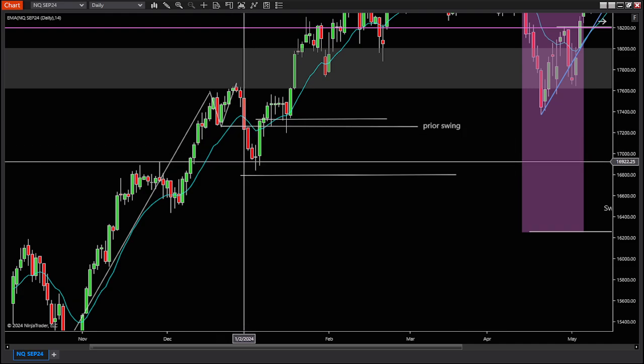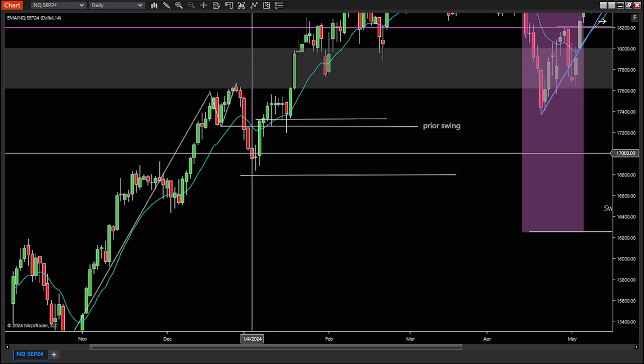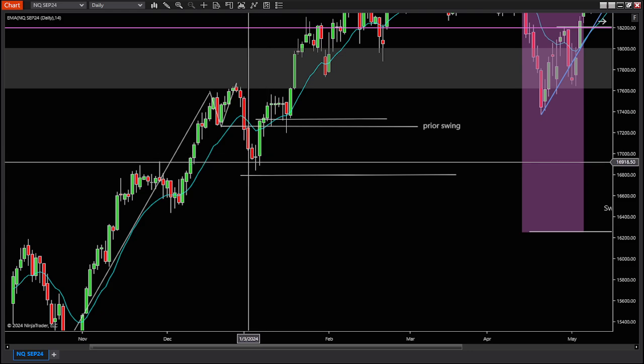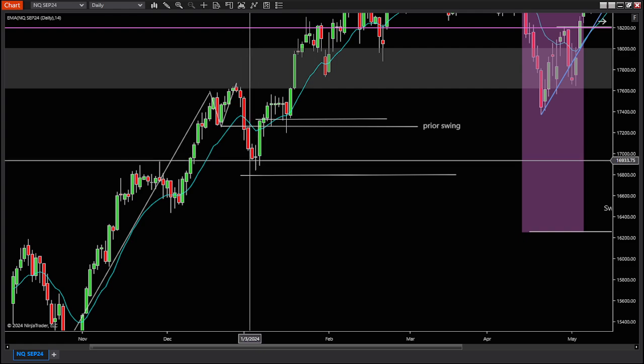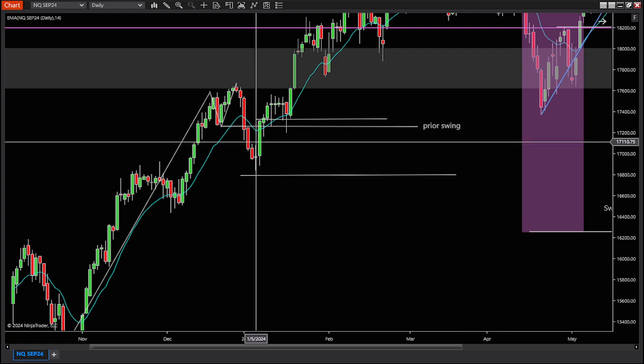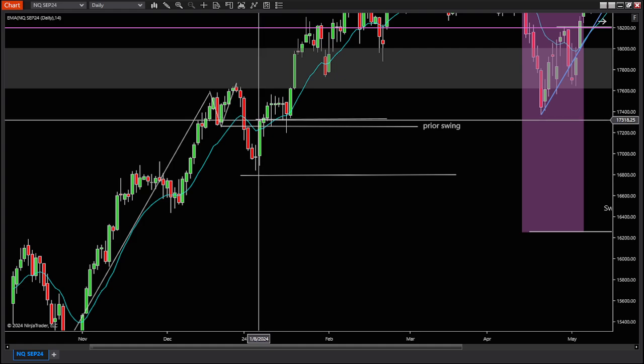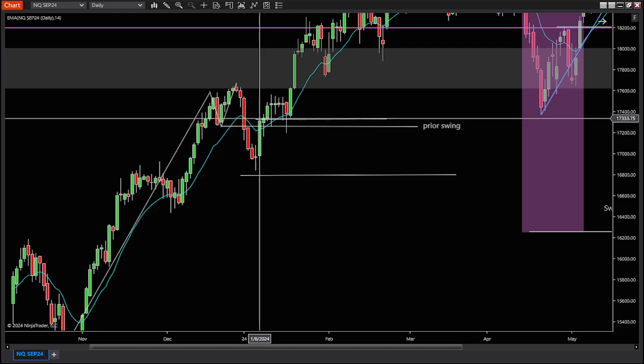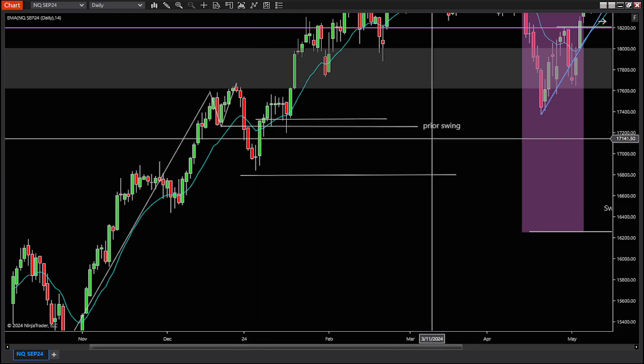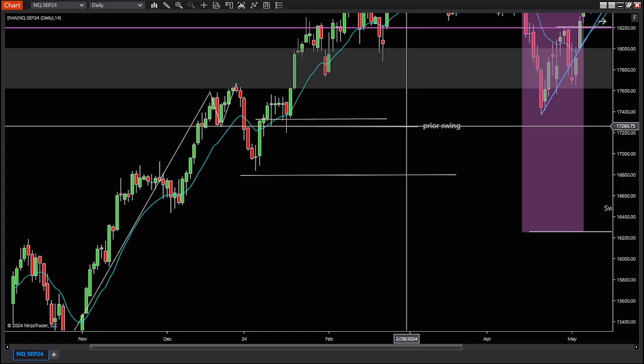That gives more sellers, more rookie sellers and other sellers, a chance to start getting roped into these shorts here. That'll fuel the move. That gets stopped out all the way up. And we enter one tick above the green candle that closes above the EMA, knowing that we have to stay above this prior swing here